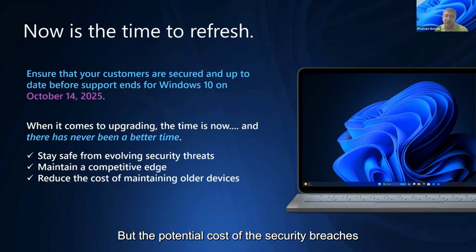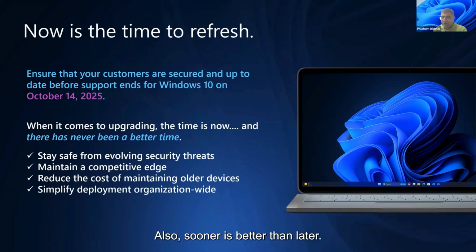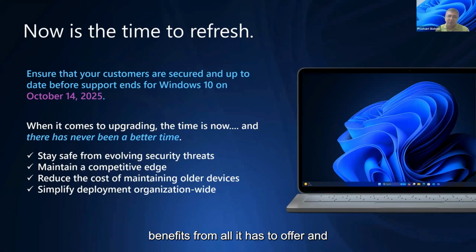But the potential cost of the security breaches and the loss of productivity needs to be considered by you today in order to make sure that you are upgrading the devices. Also, sooner is better than later. So the faster customers are transitioning to Windows 11 Pro, the sooner they are seeing the benefits from all it has to offer. And that is what we are seeing in the past few years since the time we have announced